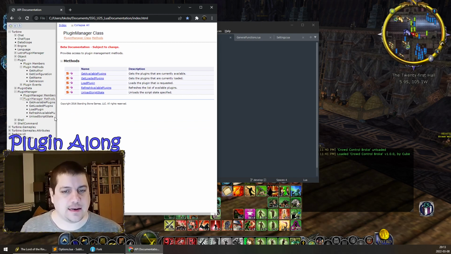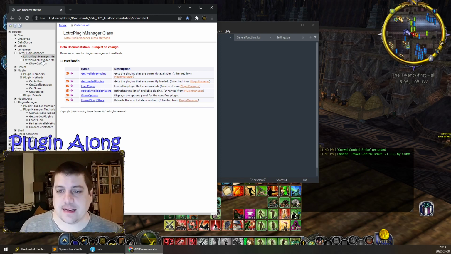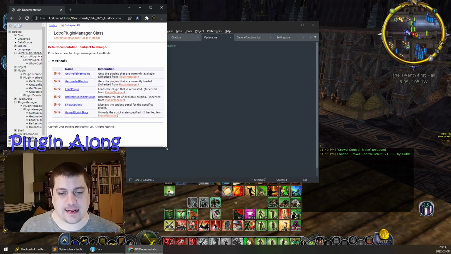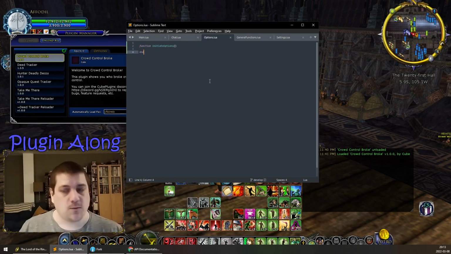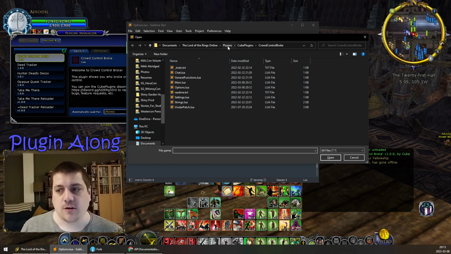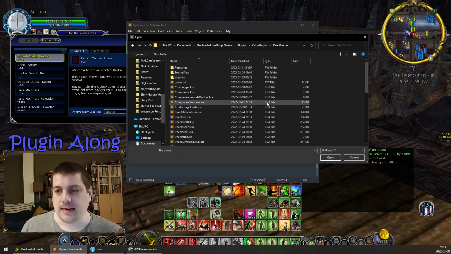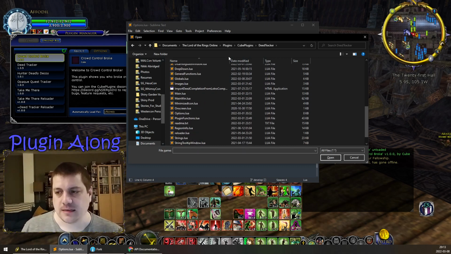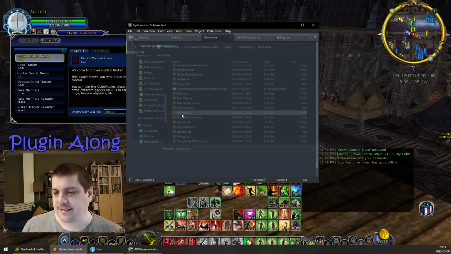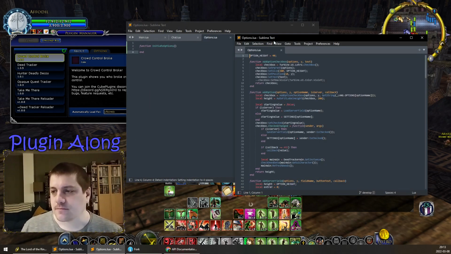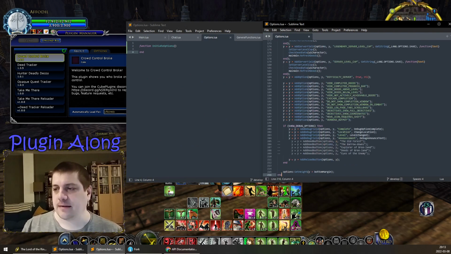Okay, so in the LOTRO API documentation, let's see. There is a way to say this is the options, but I can't remember if it's not documented well here or if I'm just forgetting where it is. So the next best thing to finding it in the documentation is finding it in a working plugin. I'm going to go ahead and open up the dtracker options. Should it be dtracker? It's fine. And come on down here to the bottom,